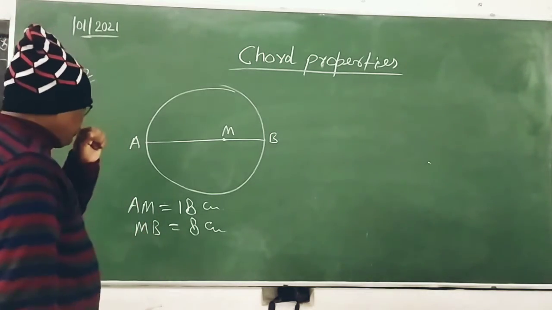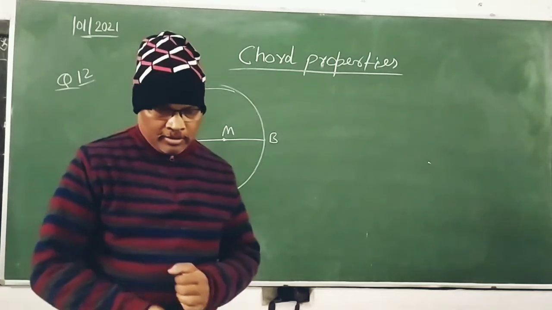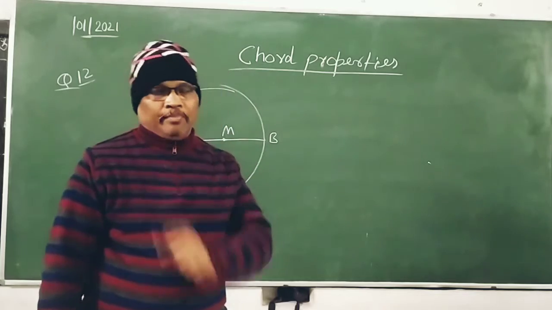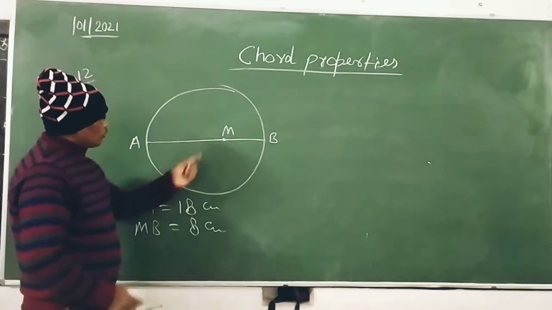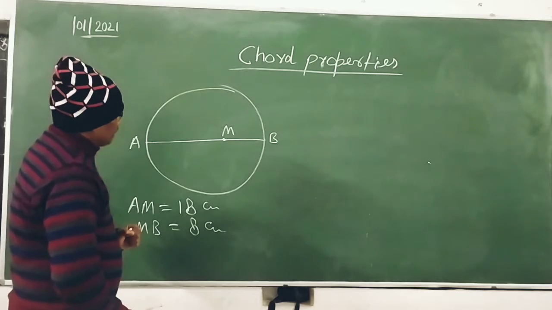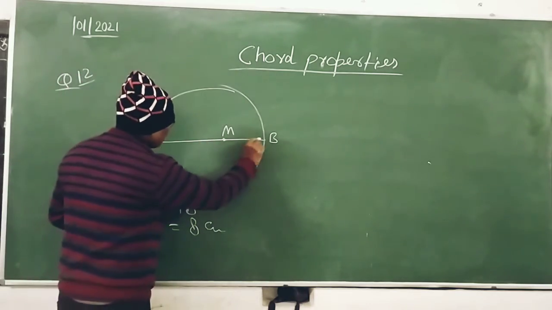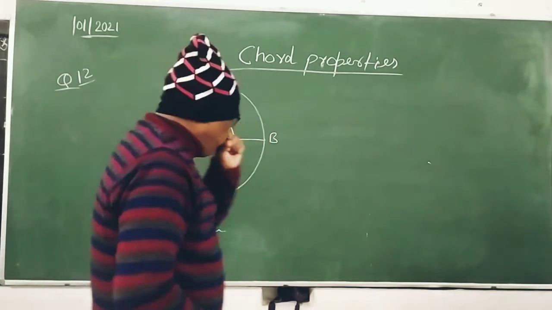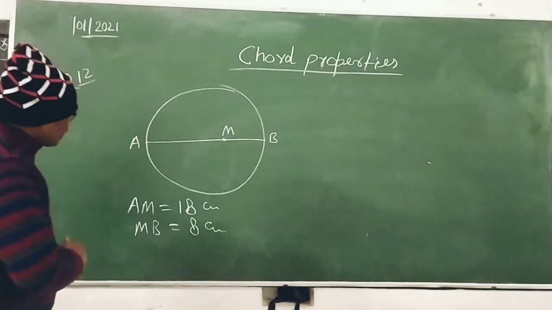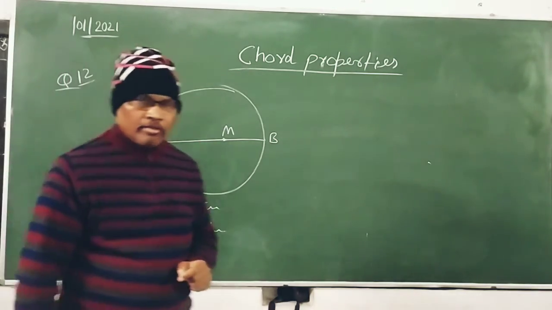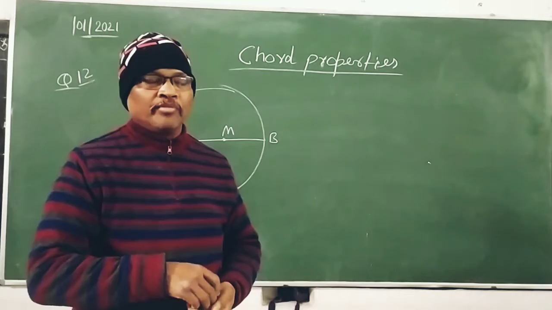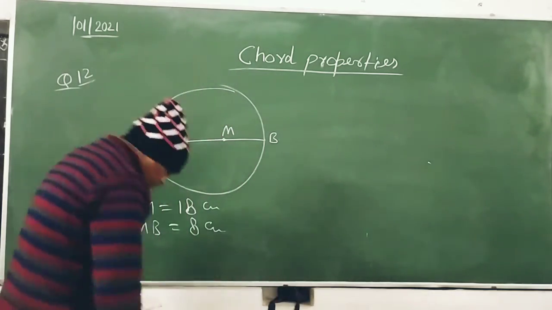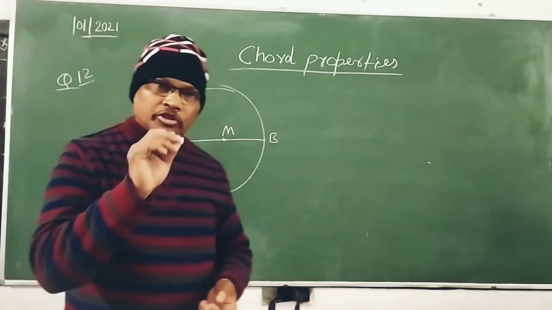Find the length of the shortest chord through M. तो क्या ये shortest chord है? ये भी through M, but no, this is the biggest one, because AB is a diameter. अब कोई भी diameter होगा किसी भी सर्कल में तो वो biggest chord माना जाता है. This is also the type of chord. You have to find the length of shortest chord.